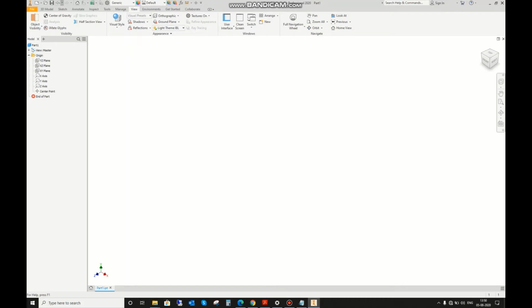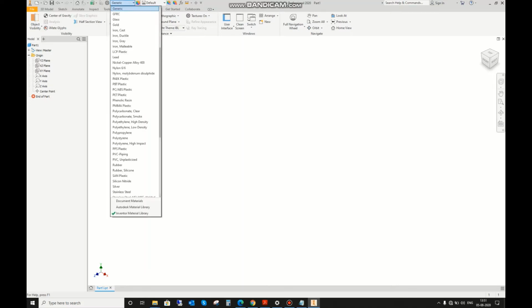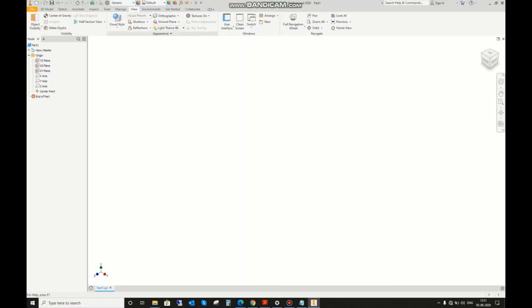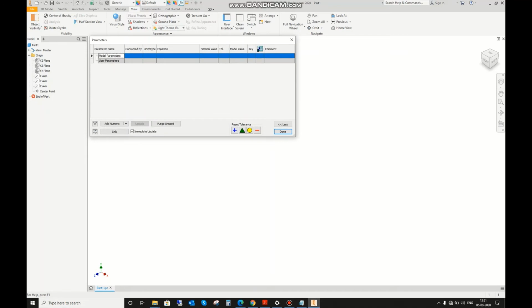Here in the upper panel, you will see that you have different options. Like if you are in modeling and you want to select features, or you want to select faces and edges, you can activate those options from here. The options for texture and material and appearance are also available here. Since this is a parametric software, you can assign different parametric values and formulas to your models, and that can be assigned by clicking fx on this tab.